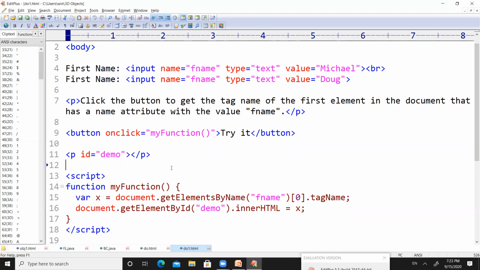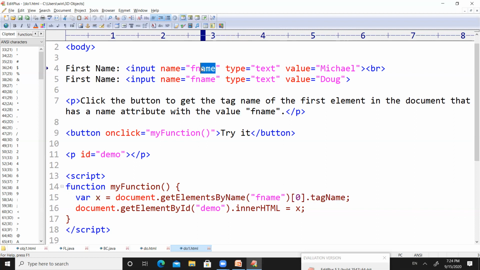So we are storing this entire thing into a variable x, and then we are selecting an element by its ID, where the ID is demo. Demo means here we have one paragraph with the ID demo. It is an empty paragraph.